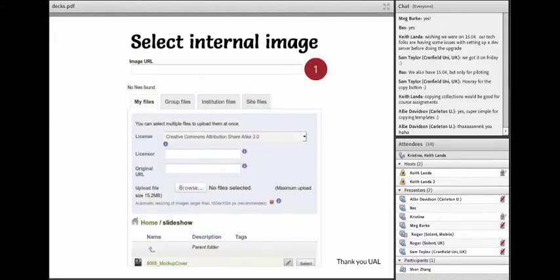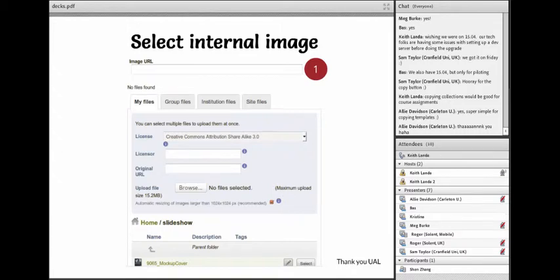And another one that has been long awaited is the possibility that you can now select internal images from Mahara more easily in text boxes, in notes, and in journals. And that is thanks to Mike Kelly at the University of Arts London. So what you see here is the new screen when you click on the little image icon in your text